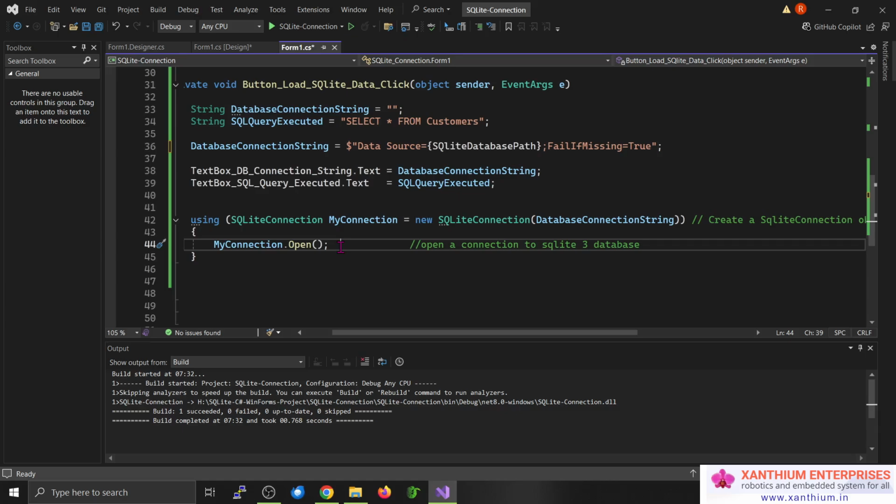If there is no issue, the whole thing will open. If the connection is successful, nothing will happen. If the connection is not successful, an exception will happen. So we have to enclose the myConnection.open inside an exception handler. Now I'm not going to do that because I want to make the code simple so that you can understand